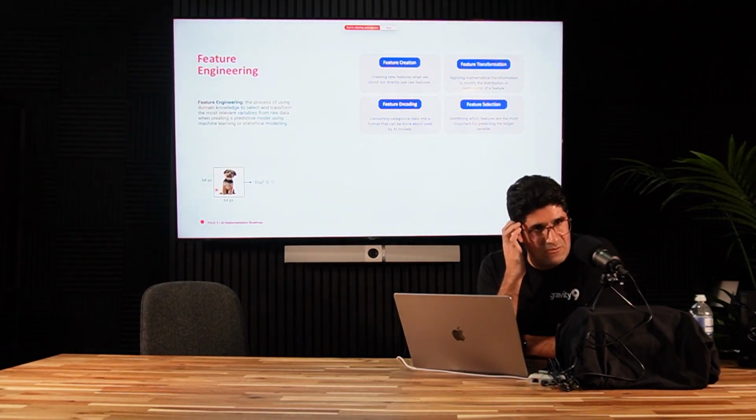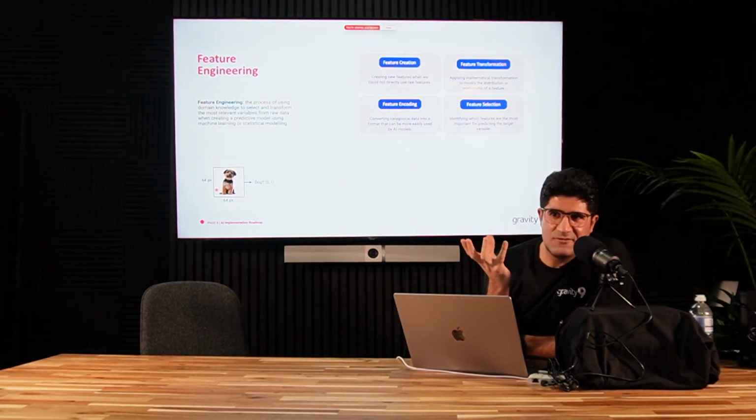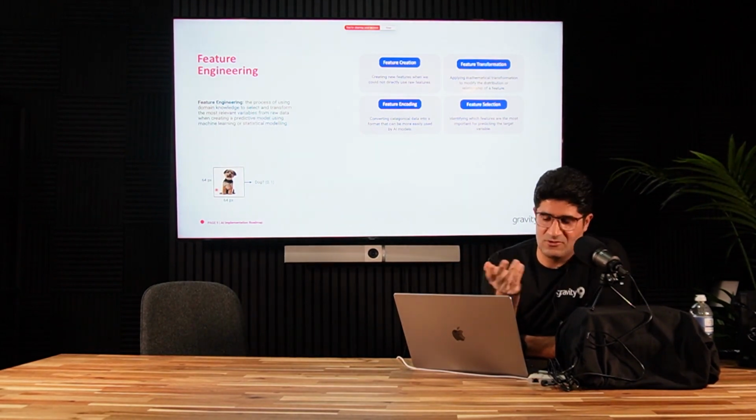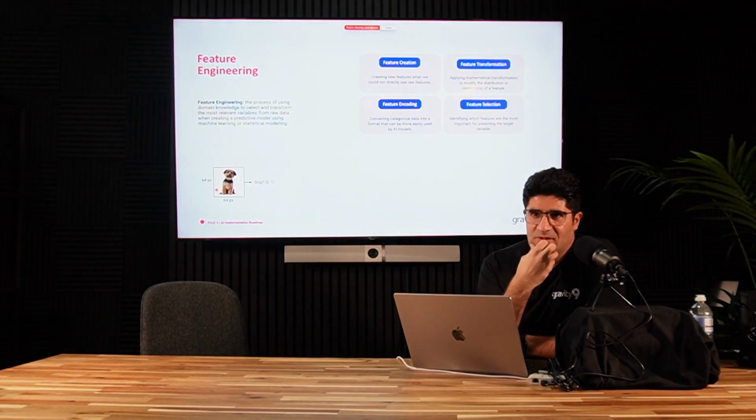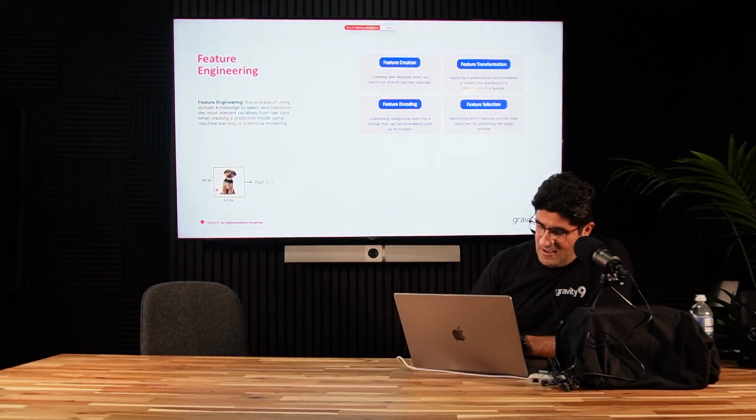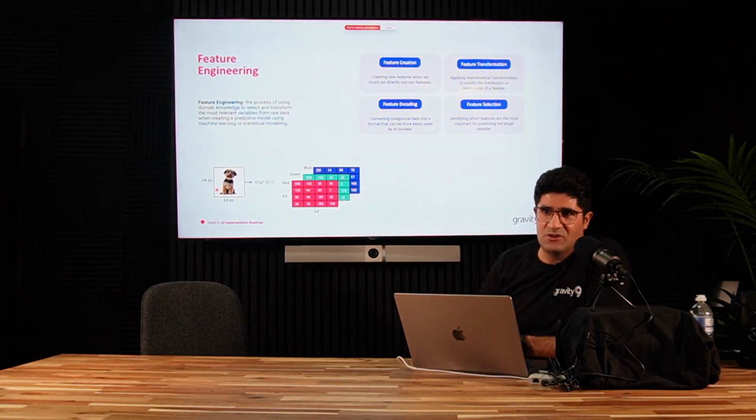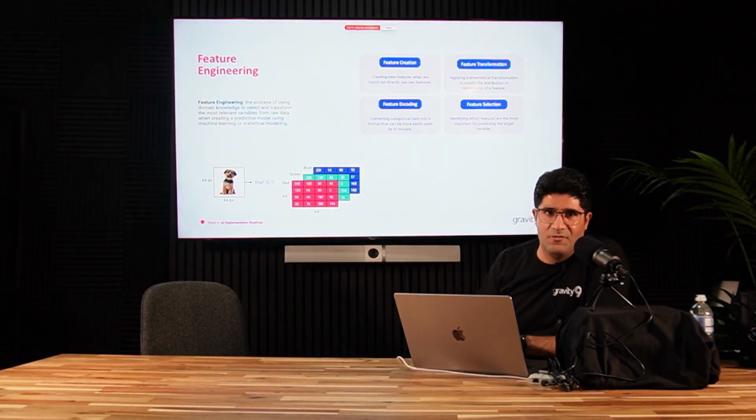And we want to train a model to tell us if this photo is a dog or not. So this photo is 64 pixel by 64 pixel, and we cannot pass the photo directly to the model. In fact, we need to convert the photo to numbers. How do we convert the photo to numbers?